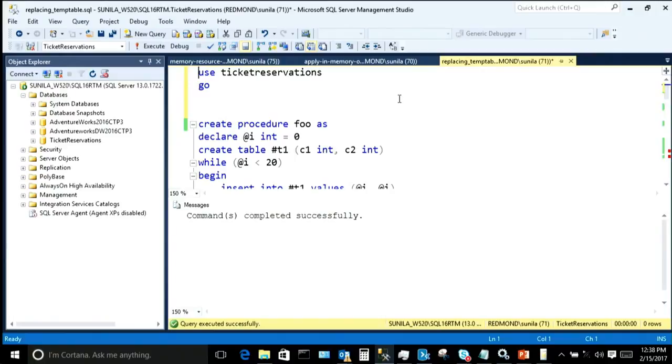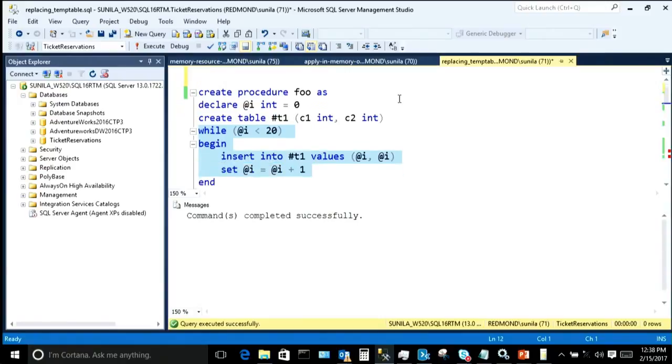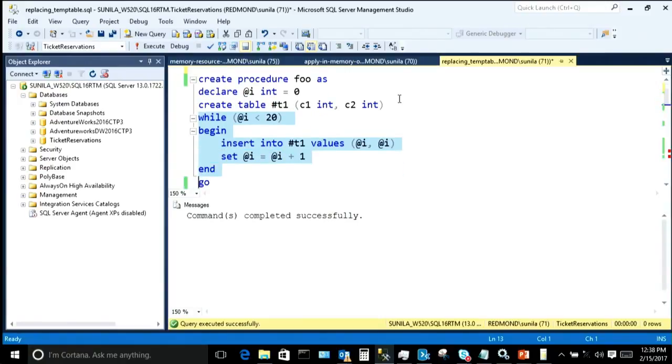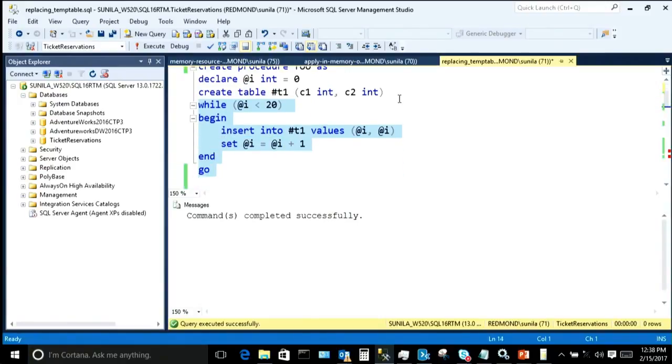Okay. So what I have is, I go to this database, use ticket reservation, right? And I create a stored procedure. See, this is a stored procedure, declared. And then I'm creating a pound table, right? And then I'm inserting 20 rows into this table. And then I'm exiting. I'm not doing anything useful. This is just a demo. So I create a pound table,